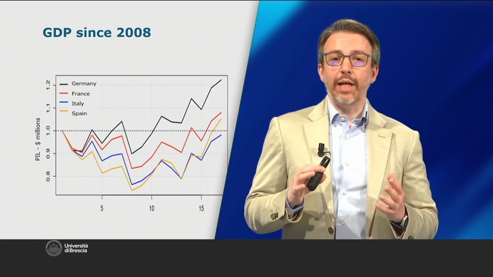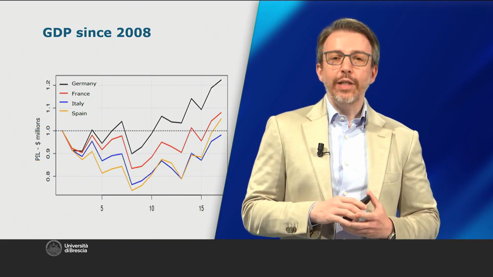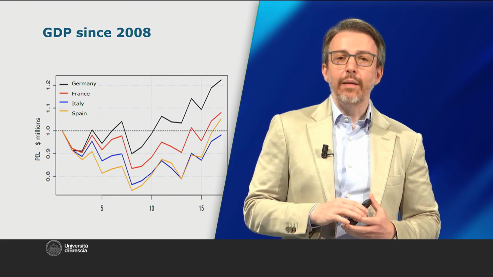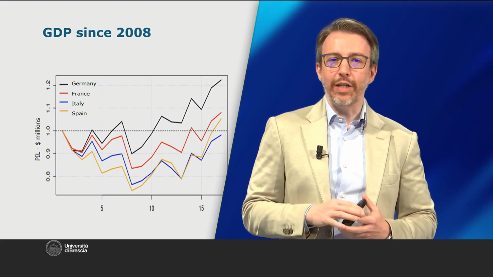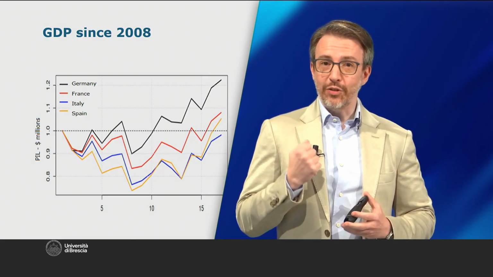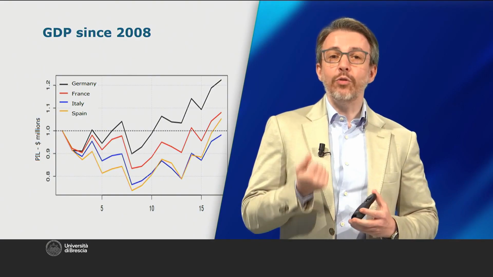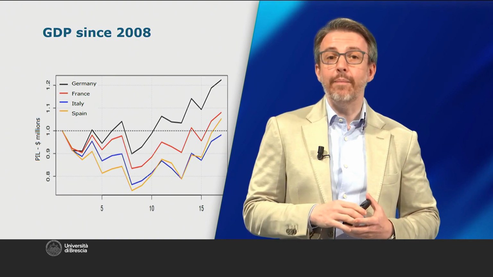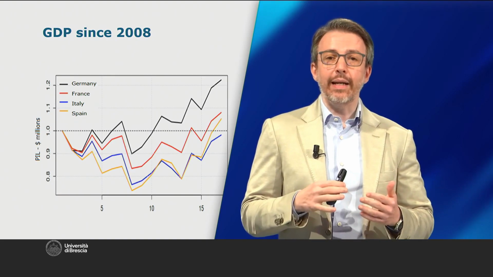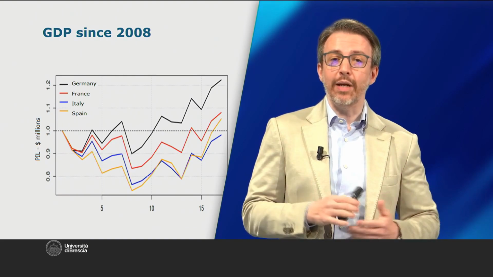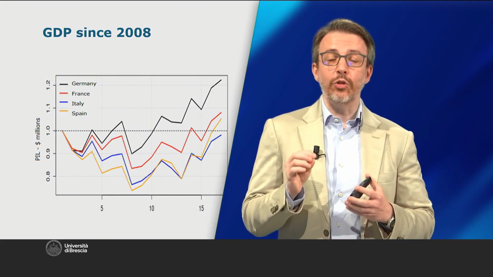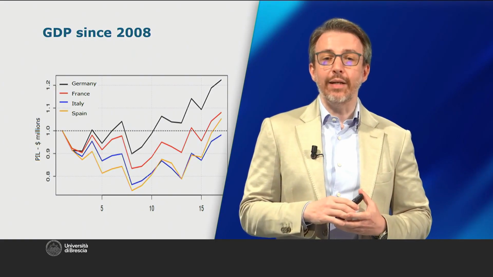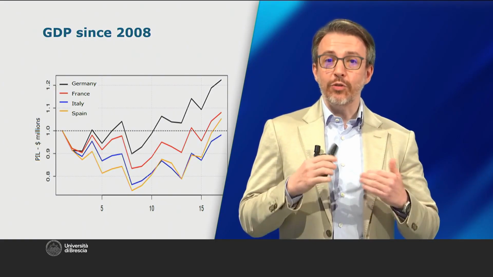If we start from 2008, the year of the great financial crisis, we see that the country that managed to grow the most since 2008 is Germany, which recovered extremely well from this major crisis, while Spain, which was the winner in the previous chart, has become one of the countries with the least growth that responded to the crisis, a bit like Italy. Both Italy and Spain had to wait much longer than Germany to recover the same GDP they had before the 2008 crisis.